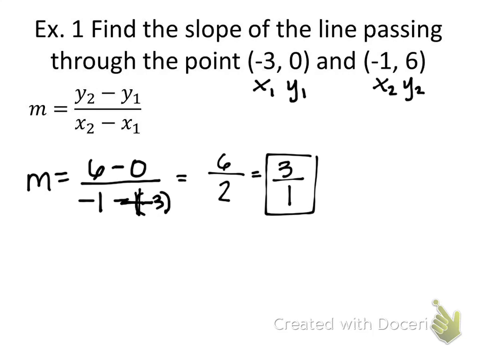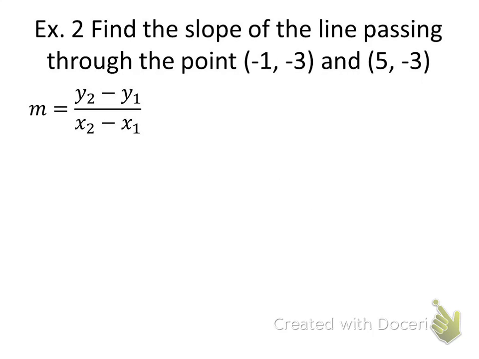Now, obviously both of these numbers are positive, so I'm going to have a positive slope. Now, you're not going to have to write this anywhere, but I'm just getting you to be able to recognize it. This means a positive slope. Okay, we're going to do the exact same thing for all of these examples. Okay, so